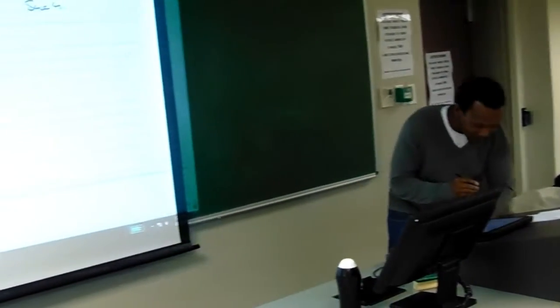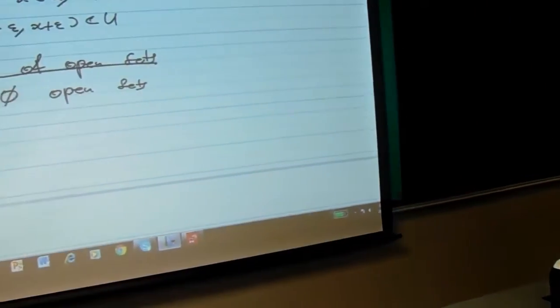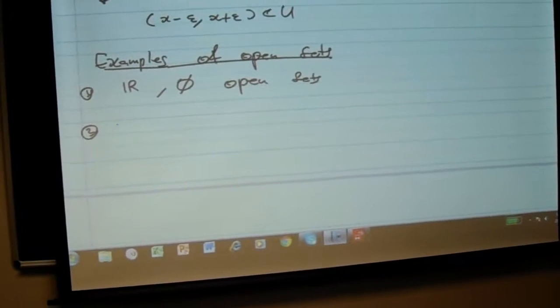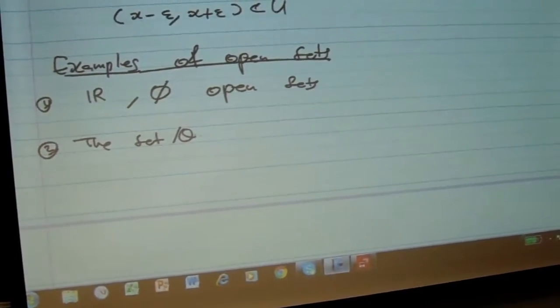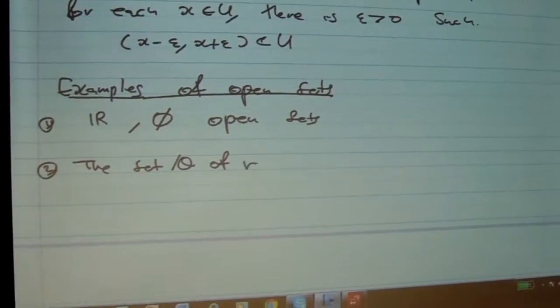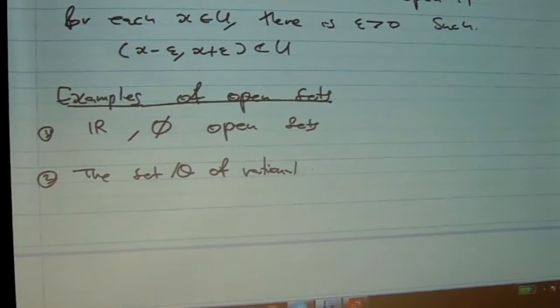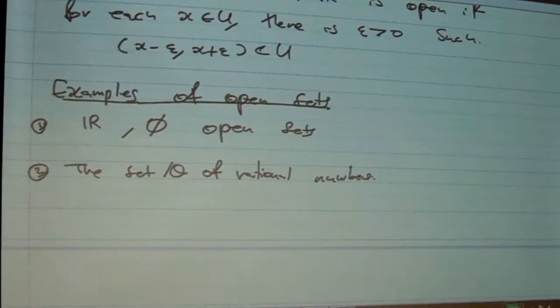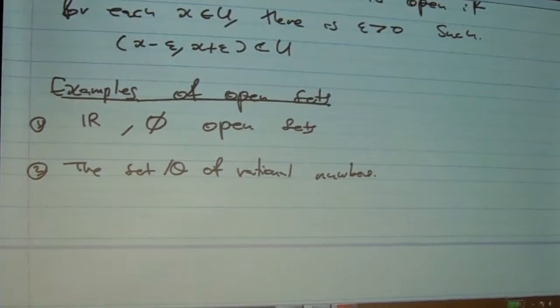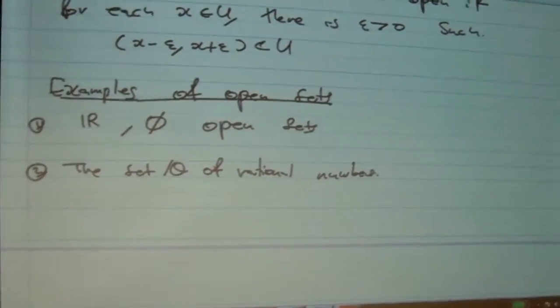This is an interesting one, and I would like you to engage. So let's take the set Q of rational numbers. Is it open or closed? Because if you took epsilon to be square root 2, then it wouldn't be in the set. So then,